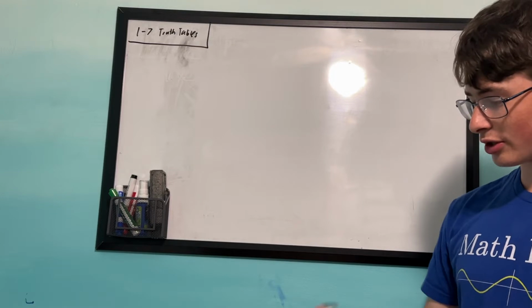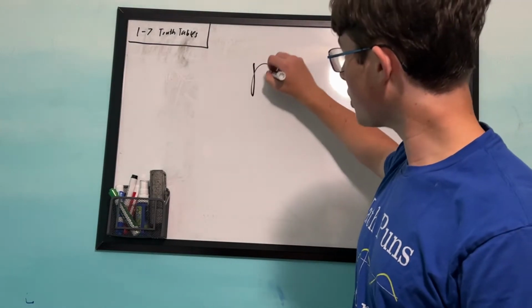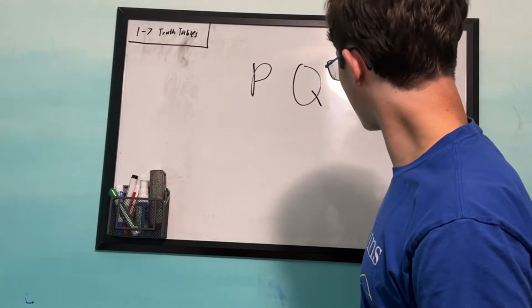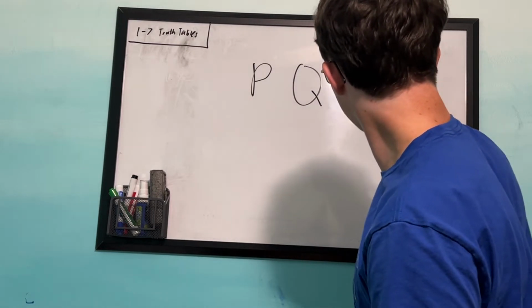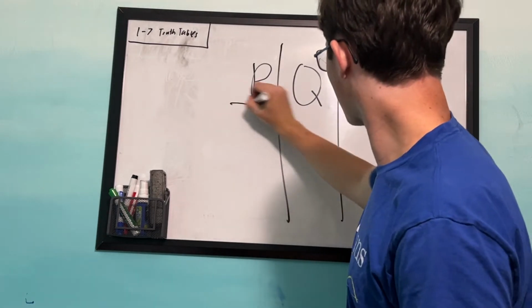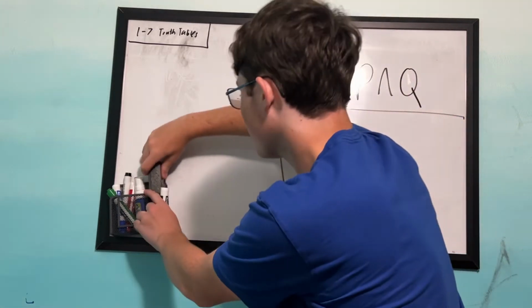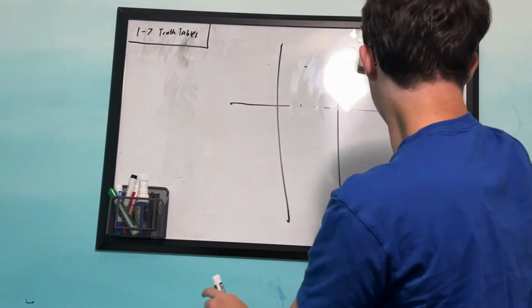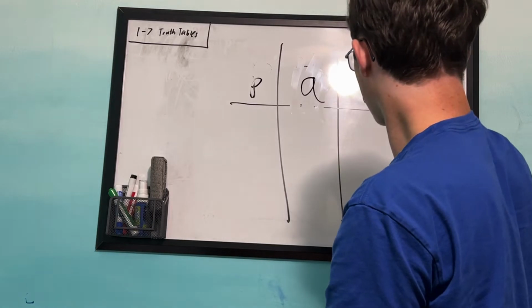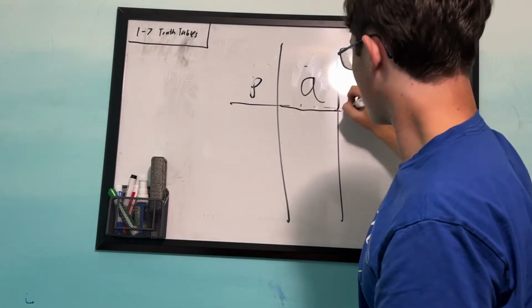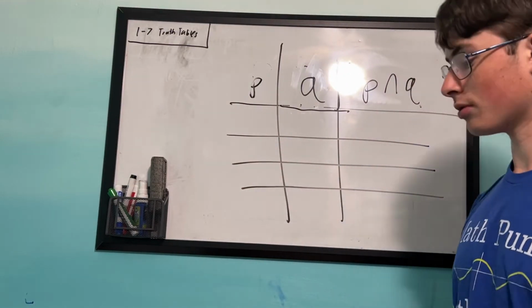We'll start with an extremely easy example of p, q, and p and q. And it should be lowercase. My bad. p, q, p and q. Alright, so first up,